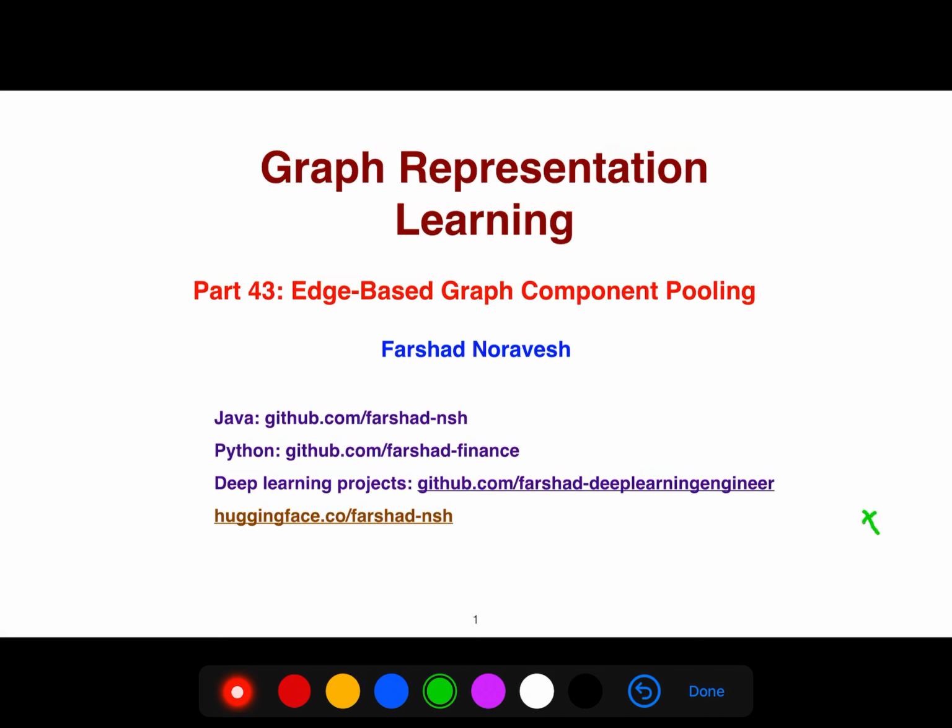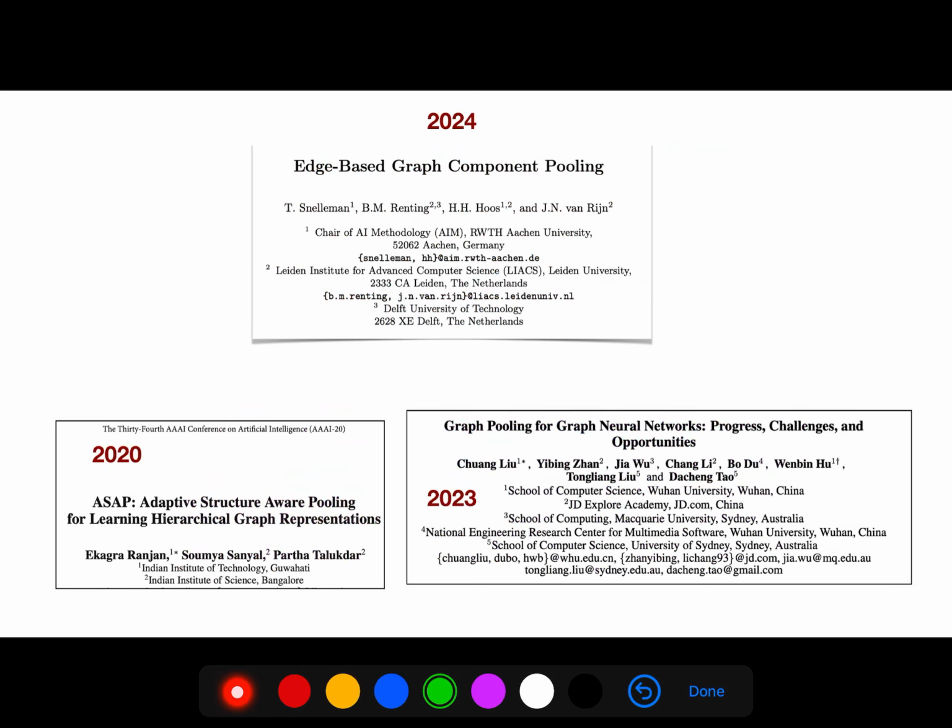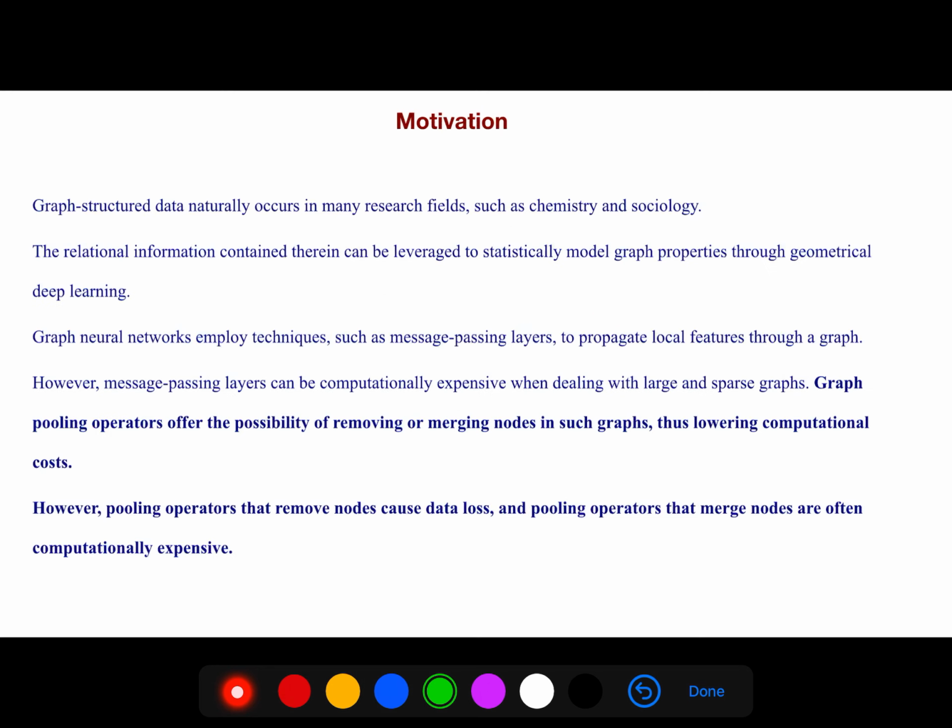Alright, so today I'm gonna be explaining another important article with the title Edge-Based Graph Component Pooling. This paper is from 2024 from Delft University. Graph structured data